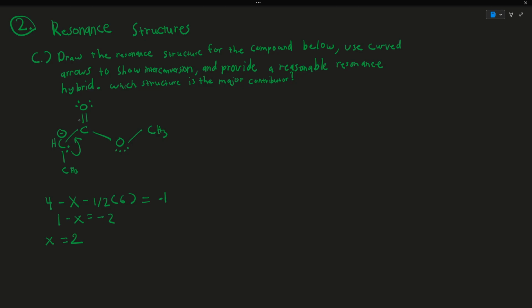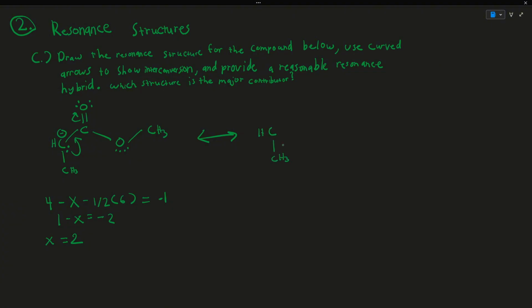And what we would have to do next is move these electrons right here. So it would give the carbon a negative formal charge, which we don't want, right? A -2 formal charge. And so we would want to move one of the bonds here into the oxygen above, and so that's going to move 2 electrons above, right? So if you were to show the interconversion between that, it looks something like this,